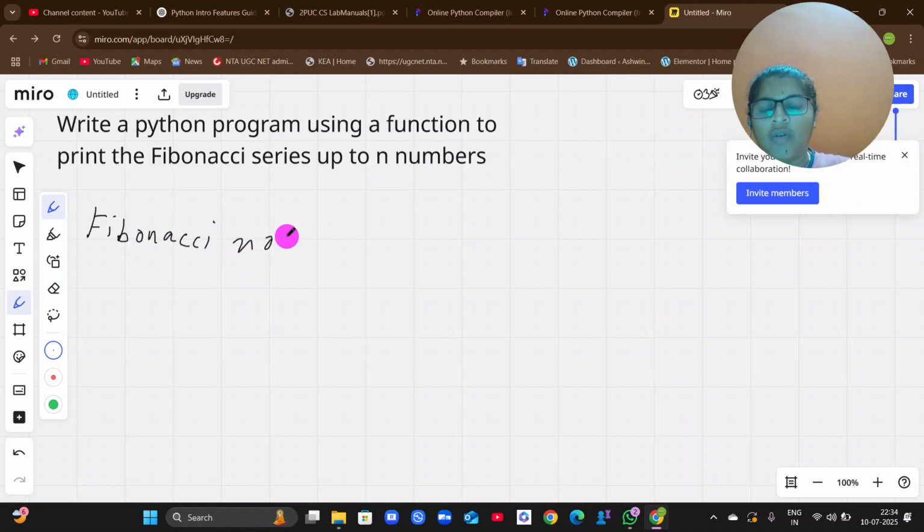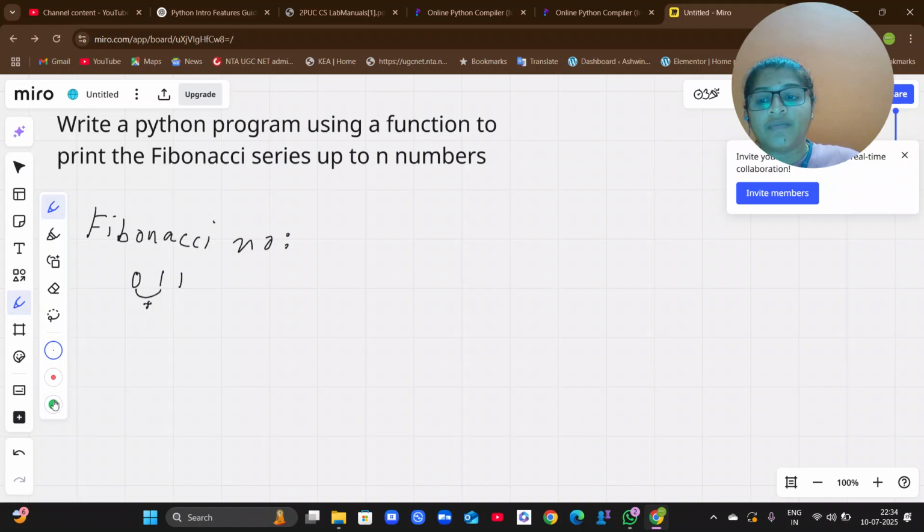I hope you all know it. So if you don't know, concentrate here. Initially, what you're going to do in your program is, first, initialize 0 and 1. That will be your number 1 and number 2. Now, what is a Fibonacci number? When you add the previous two numbers, you get a new series. What is 0 plus 1? It is 1. You got your new series, right?